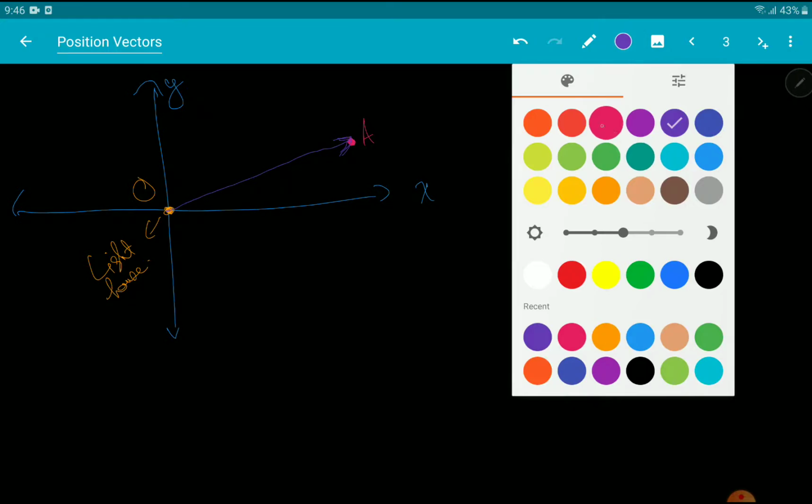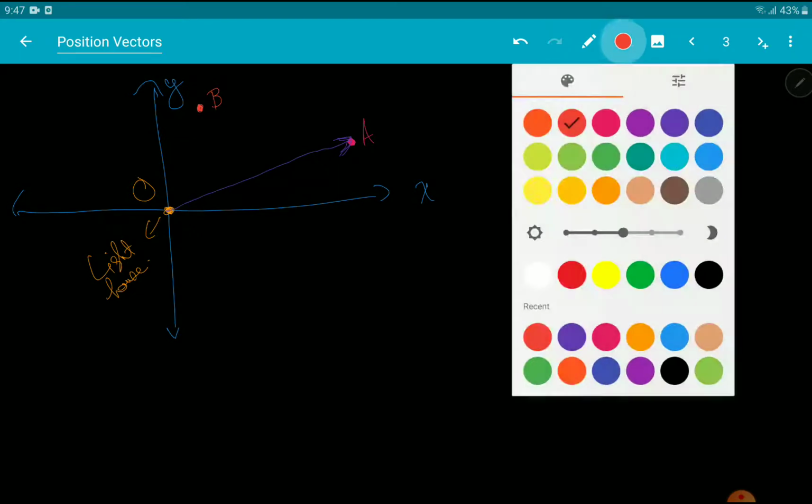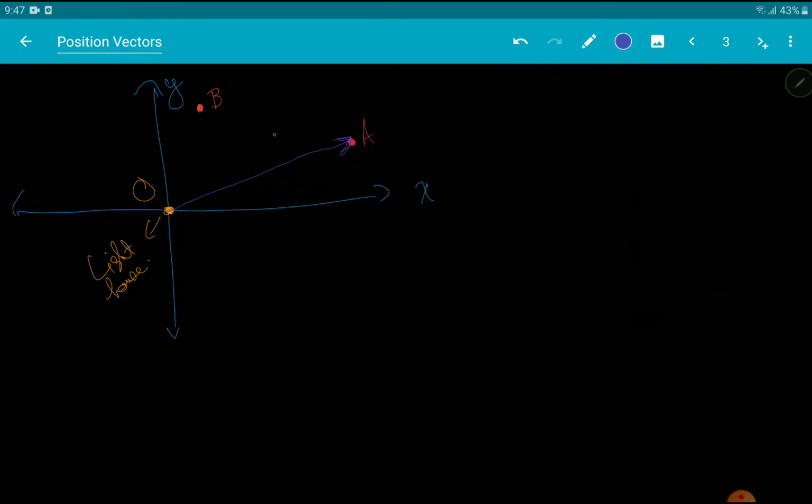But what if the rescue boat was out on some routine run and it was located at this point B? Now the rescue boat would need to know, sorry, let me draw it a bit straighter, this vector, which is BA. The rescue boat would need to know this vector BA, but